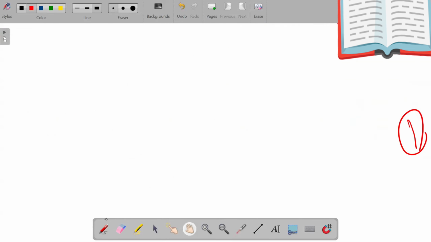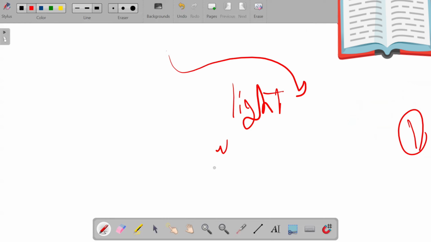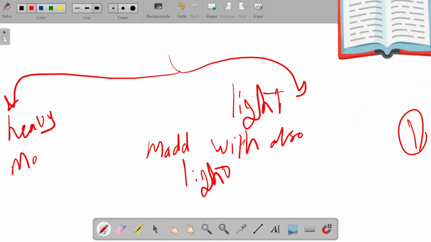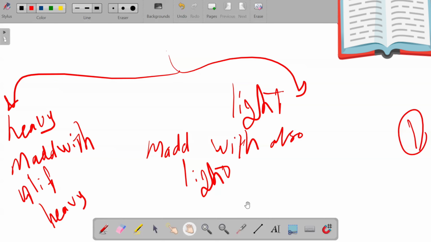If the letter before it is light, madd with alif also is gonna be light. And if the letter before it was heavy, madd with alif is also gonna be heavy. For example,